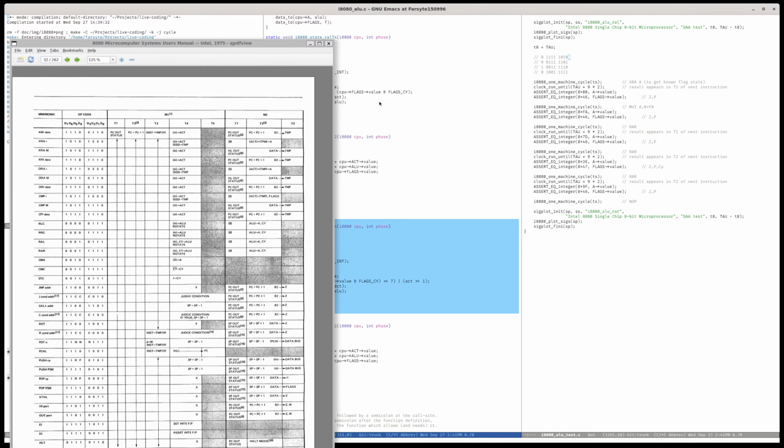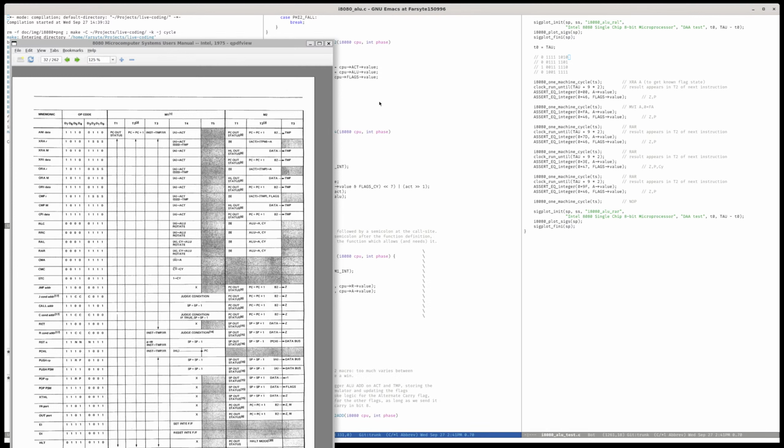I'm going to make it look just like this. Red 1. And we literally are just going to say